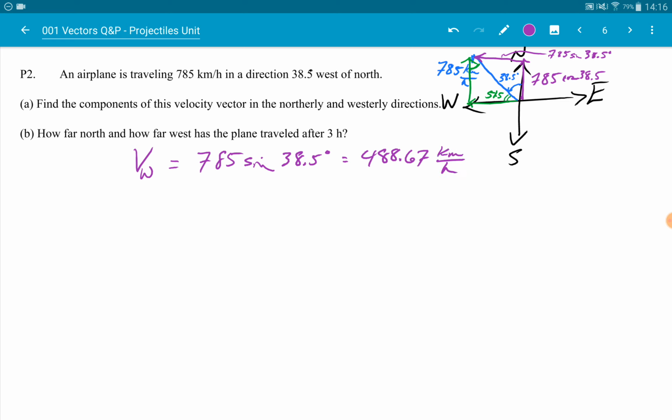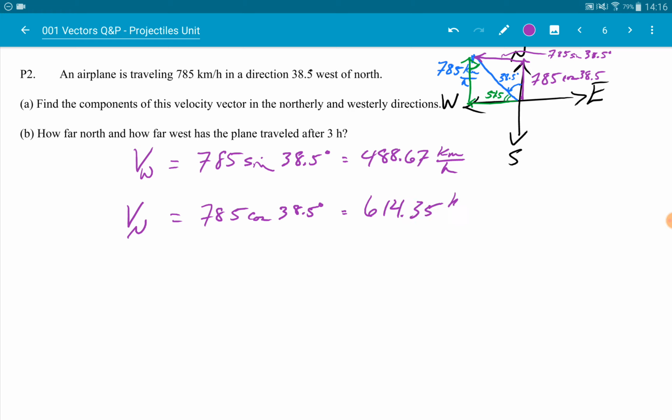An hour is just abbreviated, that H there. And V sub north, you could say, is 785 cosine of 38.5 degrees. And I grab my calculator once again, and that's